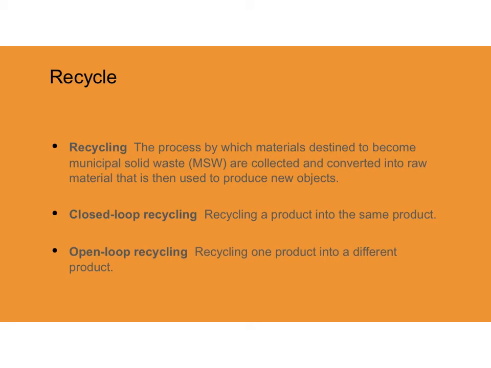A closed loop recycling system is the recycling system in which a product is recycled again into the exact same product. Aluminum cans, you may be familiar with this example, right? They're brought to an aluminum plant, they're melted down and made into a new aluminum can. So this process is called a closed loop because in theory it is possible to keep making aluminum cans from aluminum cans almost indefinitely. In an open loop system, one product, like a plastic soda bottle, is recycled into another